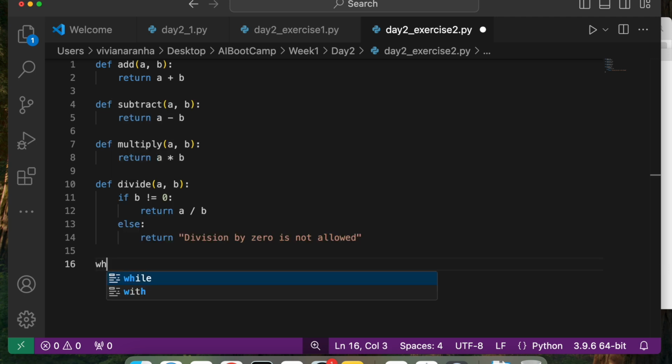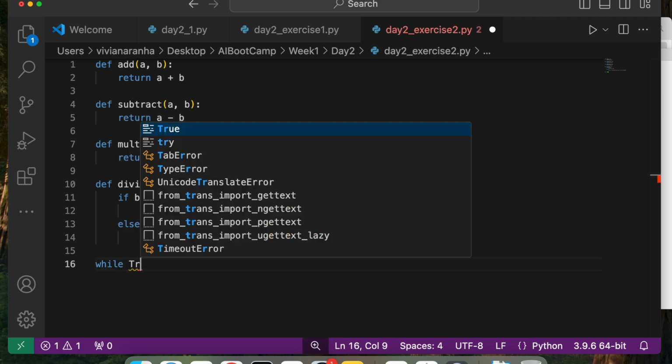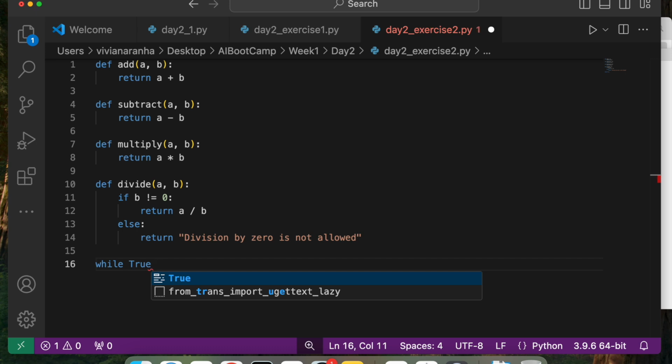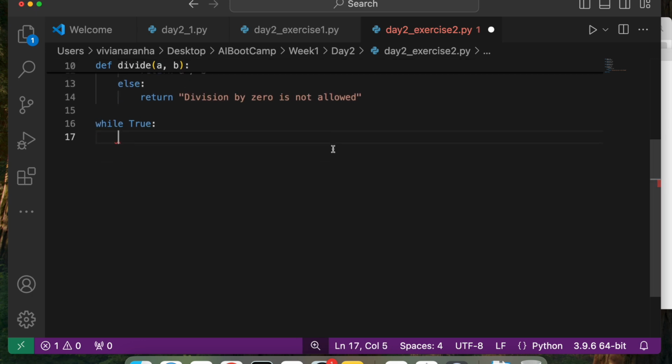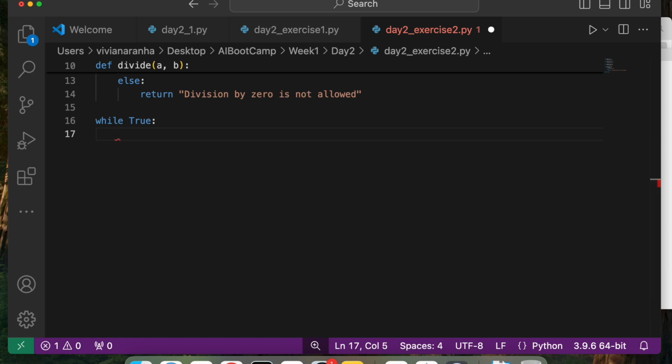Now I'm going to write a loop here. I'm going to say while True. As I mentioned, when you say while True, it will run on a constant loop. To break out of it, you can just say break. But where should I say break? First, as I mentioned, we need to give the user a menu option. So I'm going to say print,